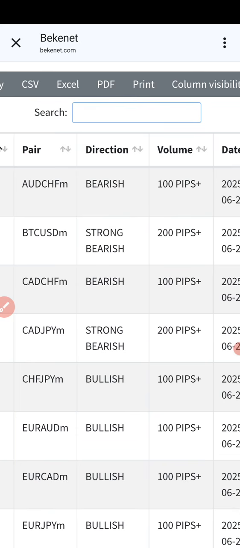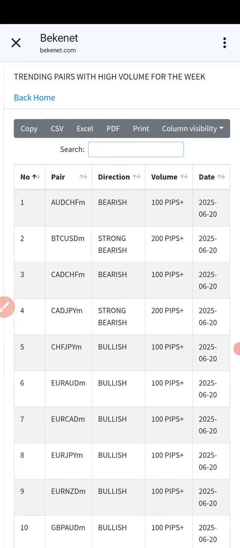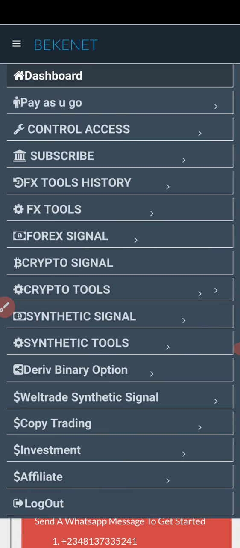That's why I'm currently on GBP CAD. So that's that about what the trending pair is, just to give you an awareness of the pairs that are trending. It's available for Weltrade, it's available for forex, it's available for derivative synthetic. So I'm going to click back. The next thing now is what